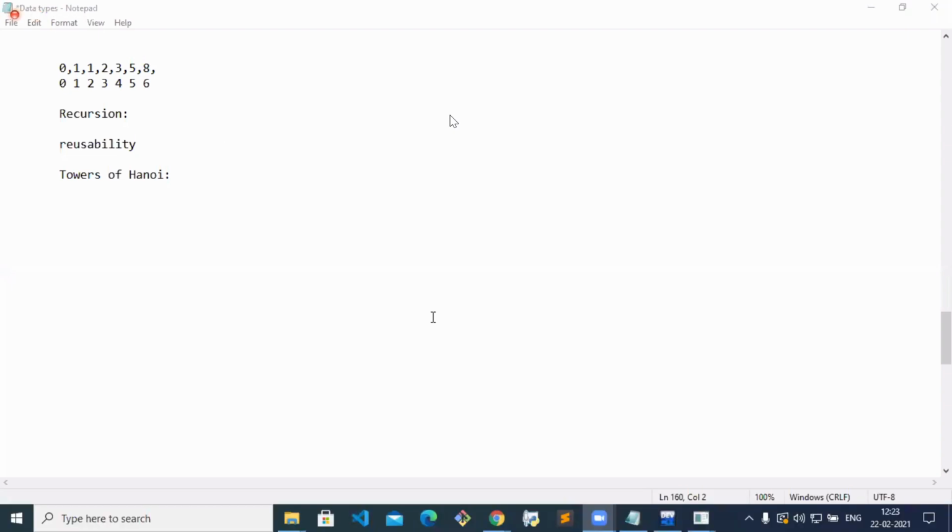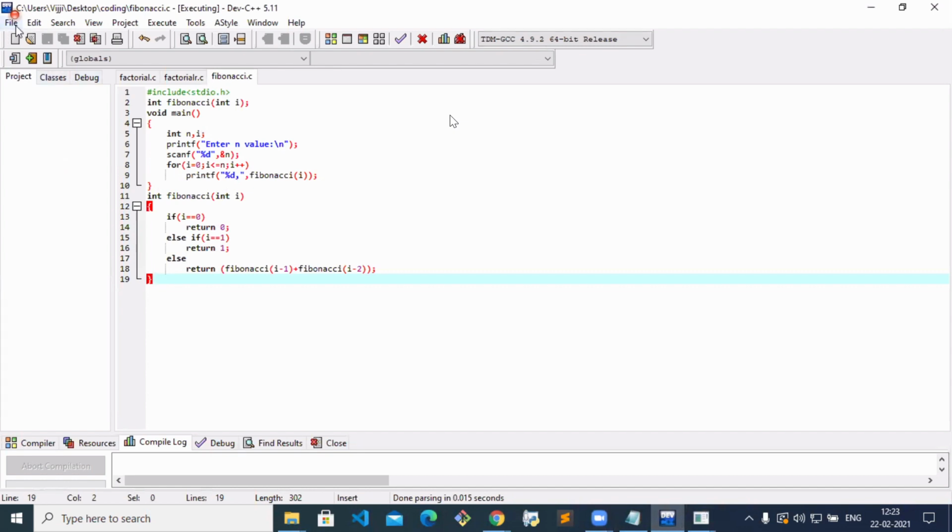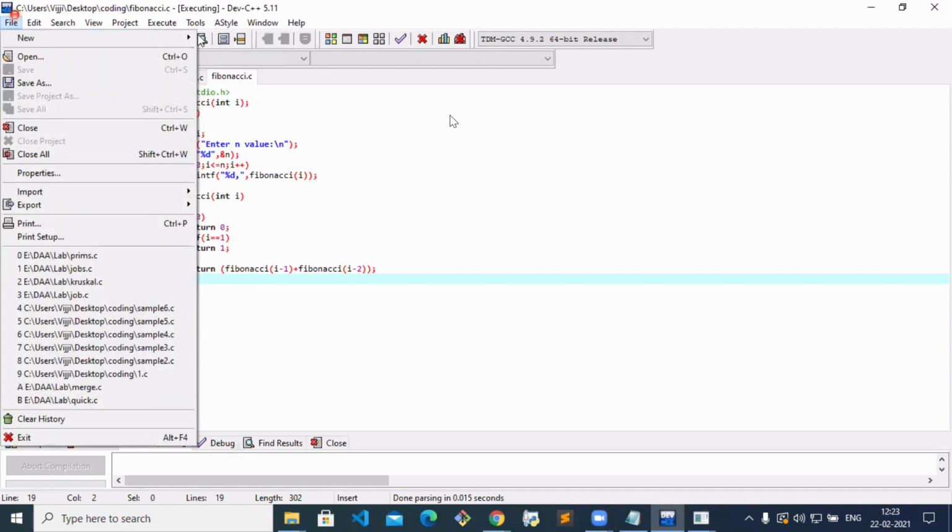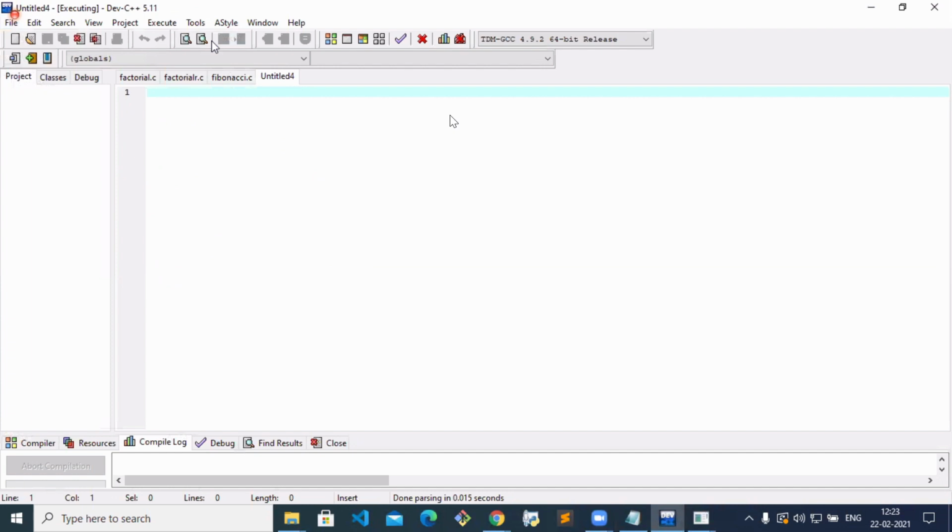What is the first step? Hash include stdio.h. Next, the main function. First, what you have to do: how many disks do you want to consider?